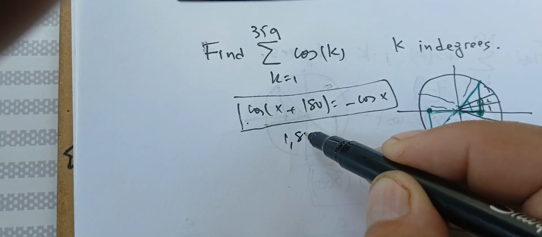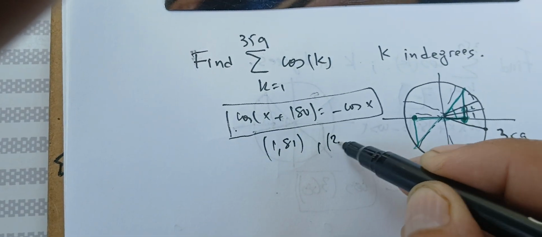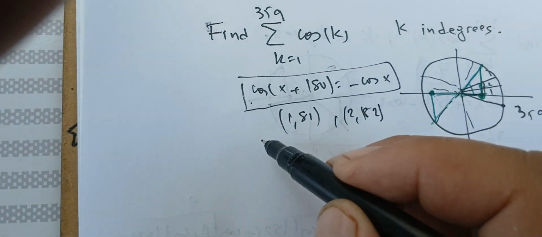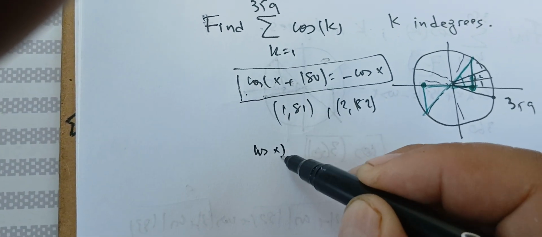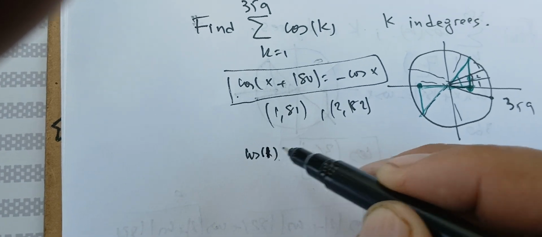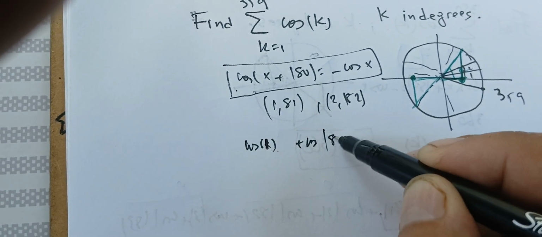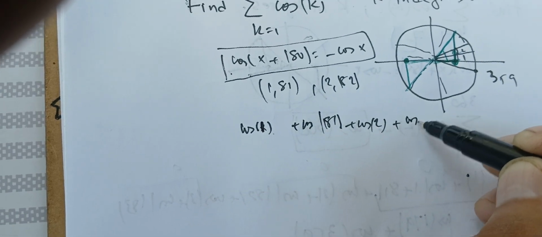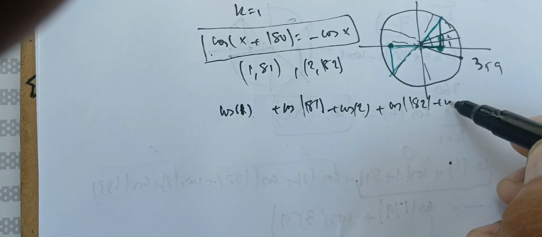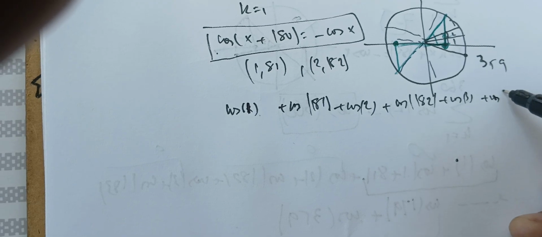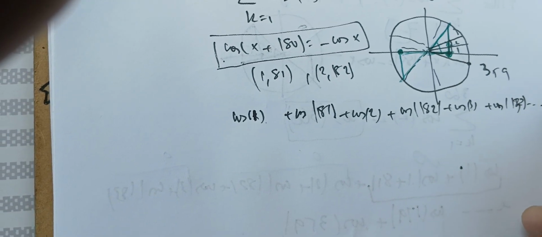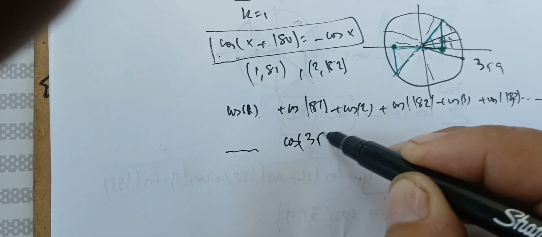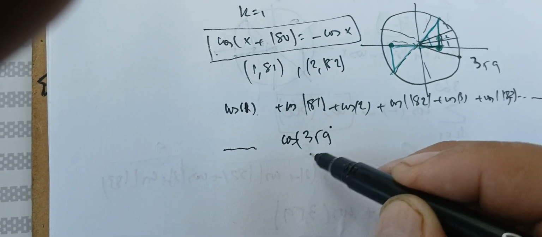So 1 will go with 181, 2 with 182, 3 with 183, and so on. So we have the cosine of 1 plus the cosine of 181 plus the cosine of 2 plus the cosine of 182 plus the cosine of 3 plus the cosine of 183, and so on. I'm going to keep going until the cosine of 359, but this is just